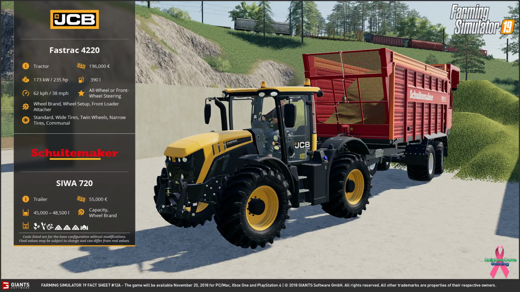So you can put care wheels on your Fast Track with a front loader. I actually love the model of this Fast Track. It looks really good. For some reason the colours seem a bit muted. I've noticed this lately, as the colours have seemed a bit washed out and muted,